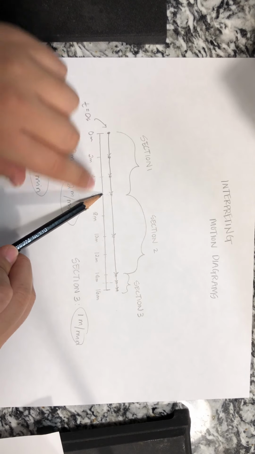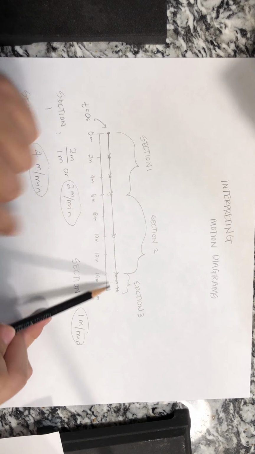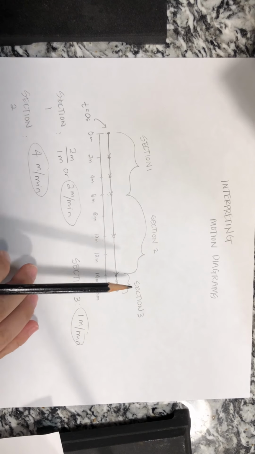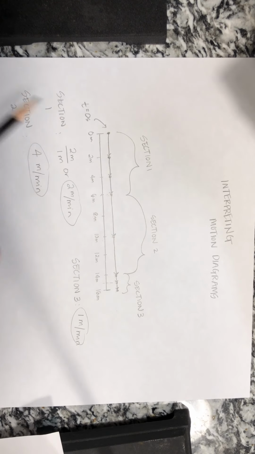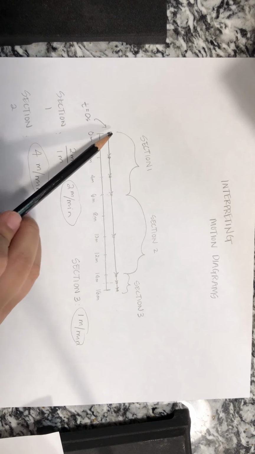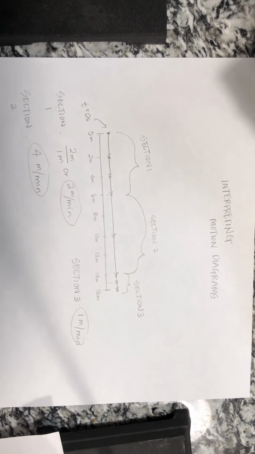And then I made some bigger gaps over here and then some smaller ones as we move to the right. So the first thing I wanted to do, I noticed that if I were to see this graph just by itself for the first time, I would notice that I have sections of